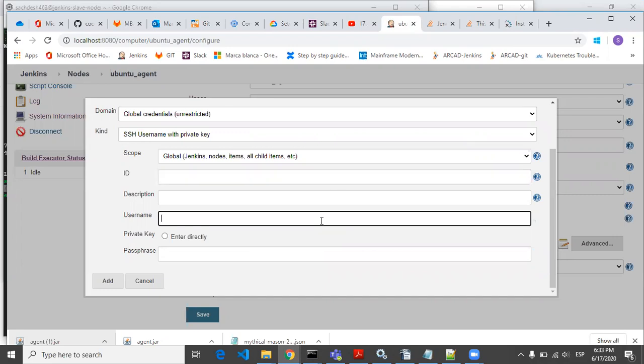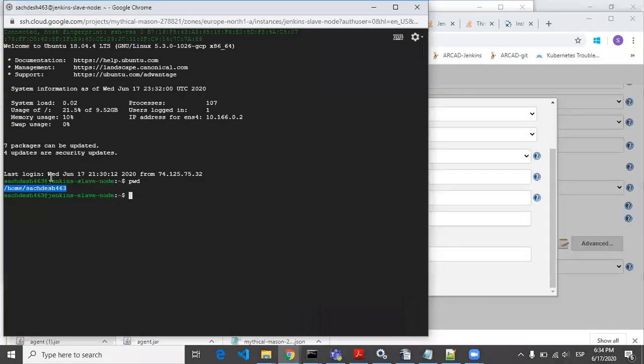Then the username will be the username by which you have connected to the host machine, that is the Ubuntu machine. That will be like this one which I have given, that can be seen from here, such-463 at Jenkins slave node. So this is your username.